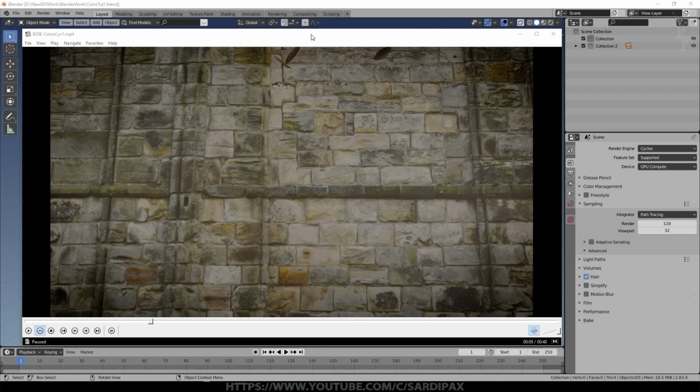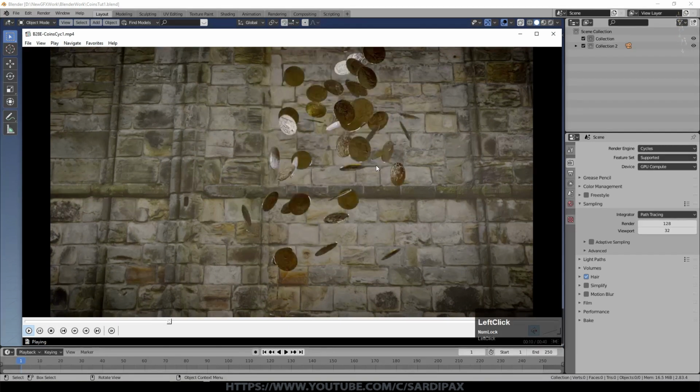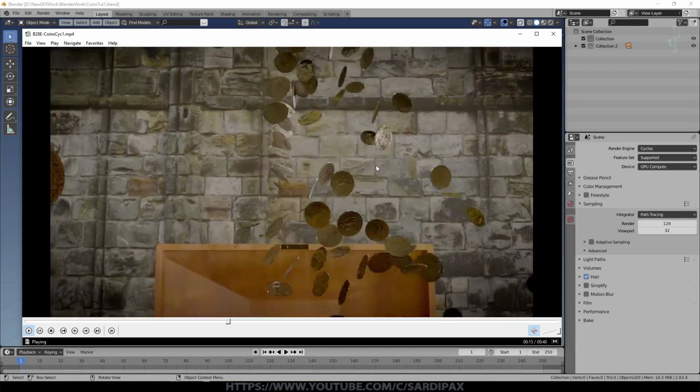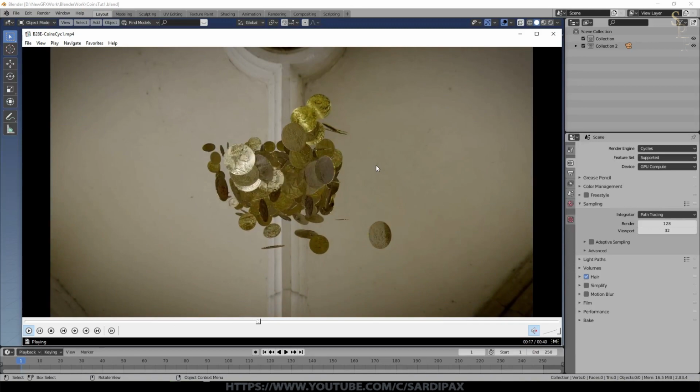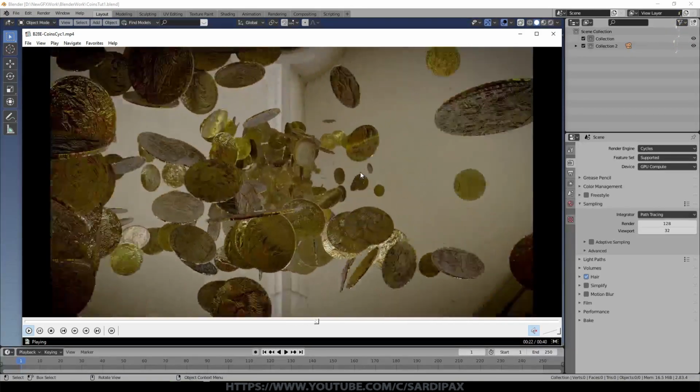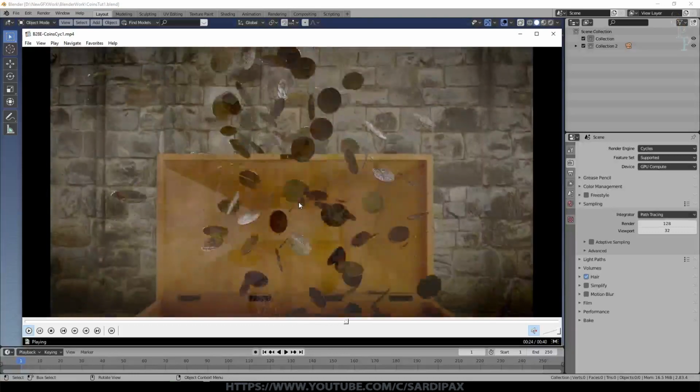Hi there. In this tutorial I'm going to demonstrate a couple of the techniques I used to create this effect. The first time I did this, in the video I uploaded, I did it with Eevee, and in retrospect that was probably a poor choice because of the sort of subject here. So this is it re-rendered in Cycles, and I think the effect is much more obvious.